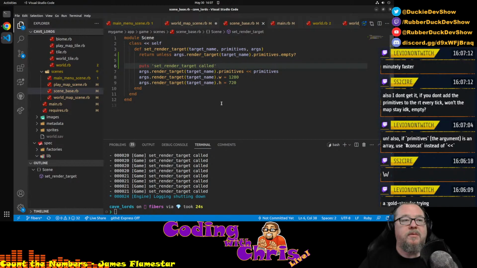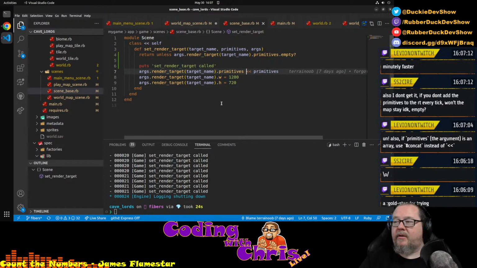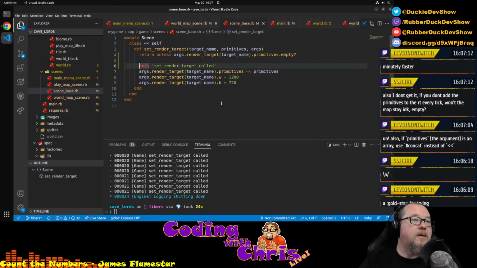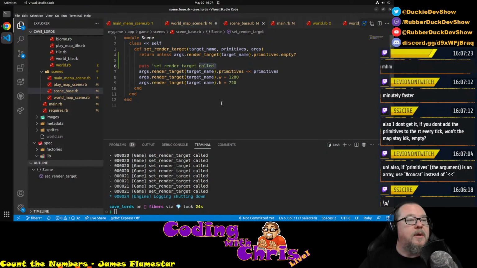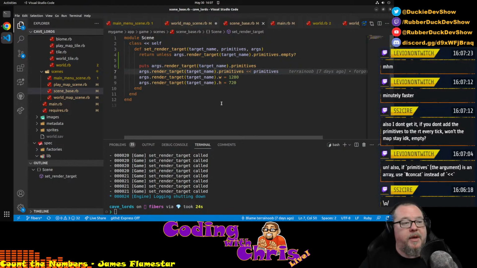Concat instead of shovel here. Why is concat faster? Oh, okay. Well, I mean, I'm all for faster. All right, let's find out what we've got here when we go in here. I should get one nil, and then I technically should never get it again, but